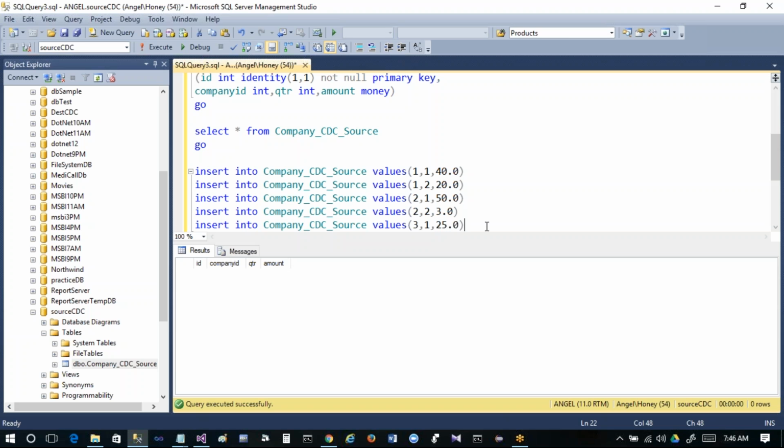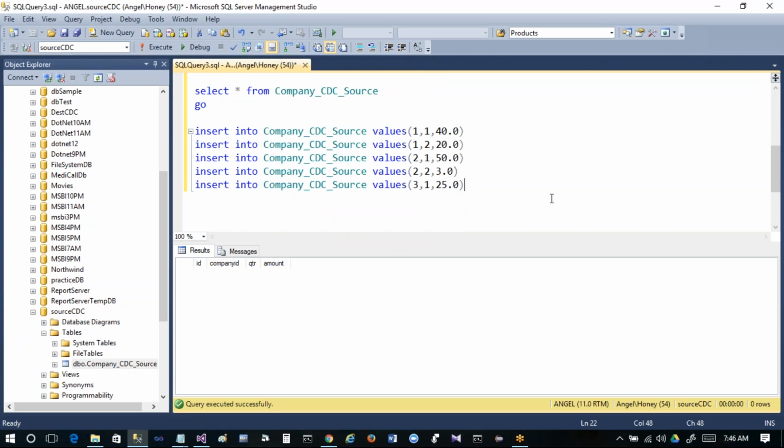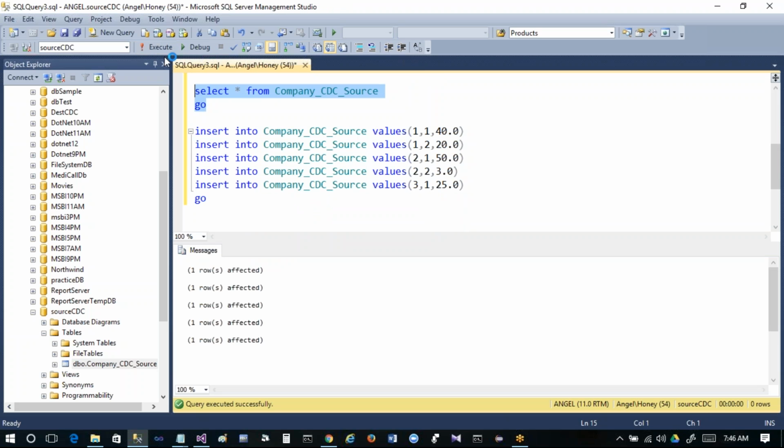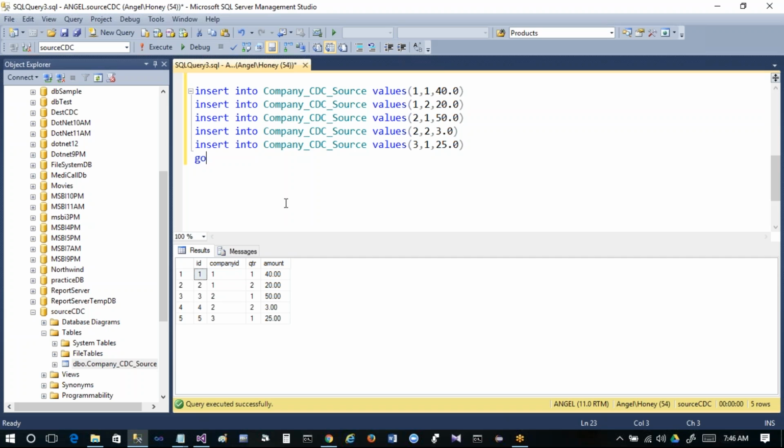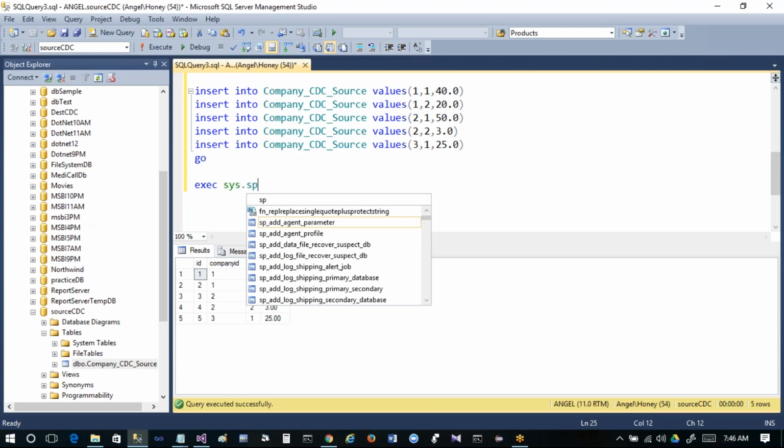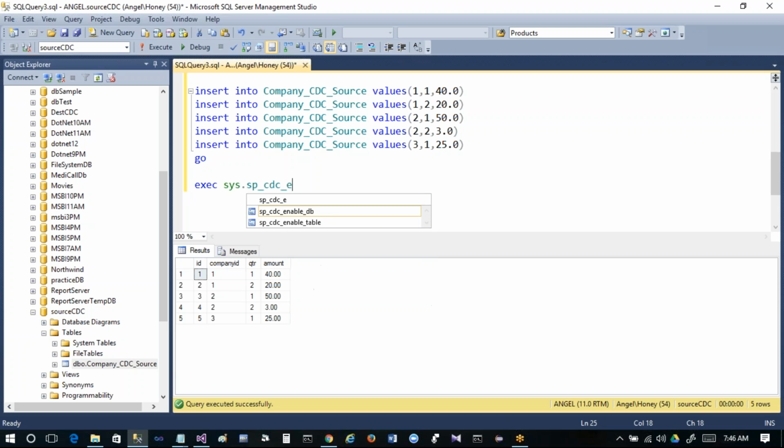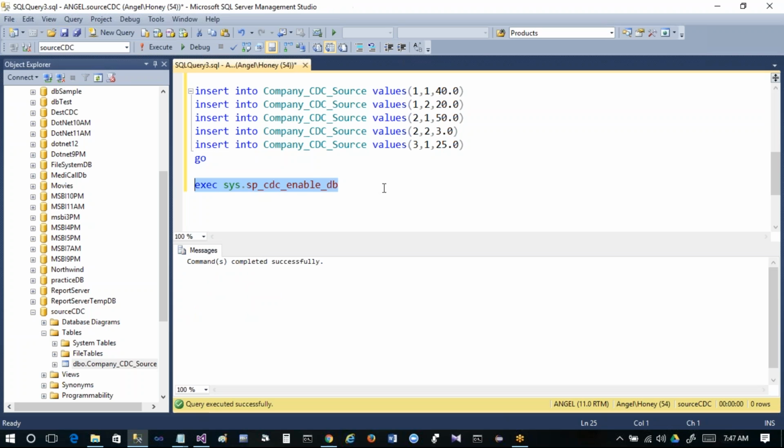So for this, we have to enable the database for CDC, and then we have to mark the table for CDC. So I'm adding some records into it. Now currently this is the data I have. So to implement the CDC, first I have to enable the CDC at the database level as well as at the table level. For that we have a stored procedure, sys.sp_cdc_enable_db. So we are in the source CDC. This database is going to be enabled for CDC,